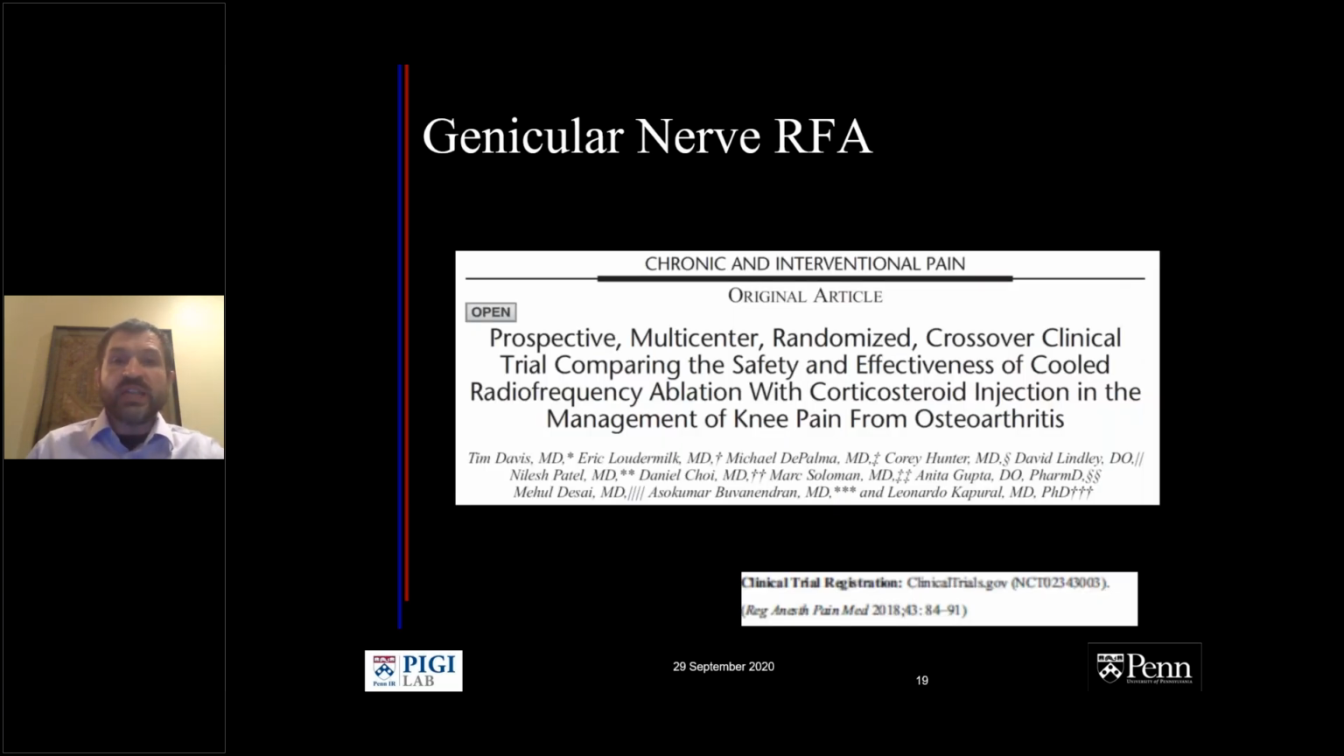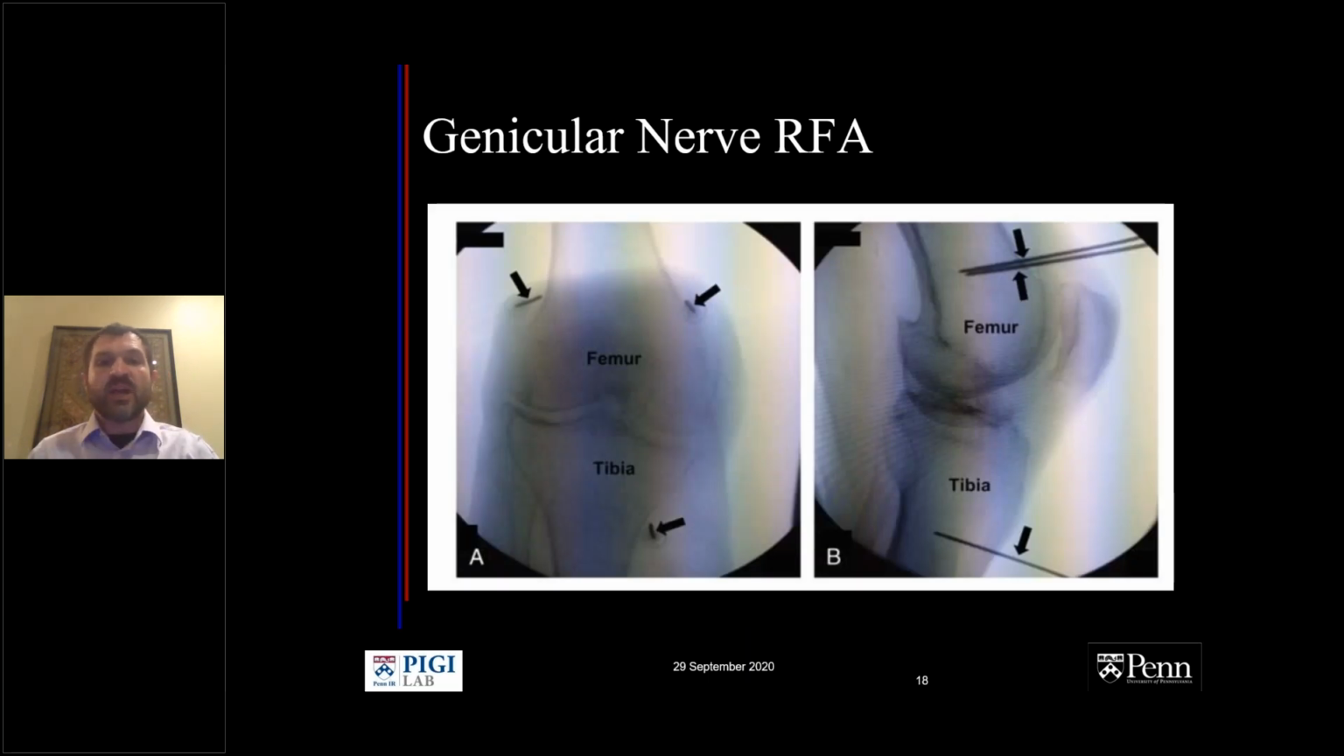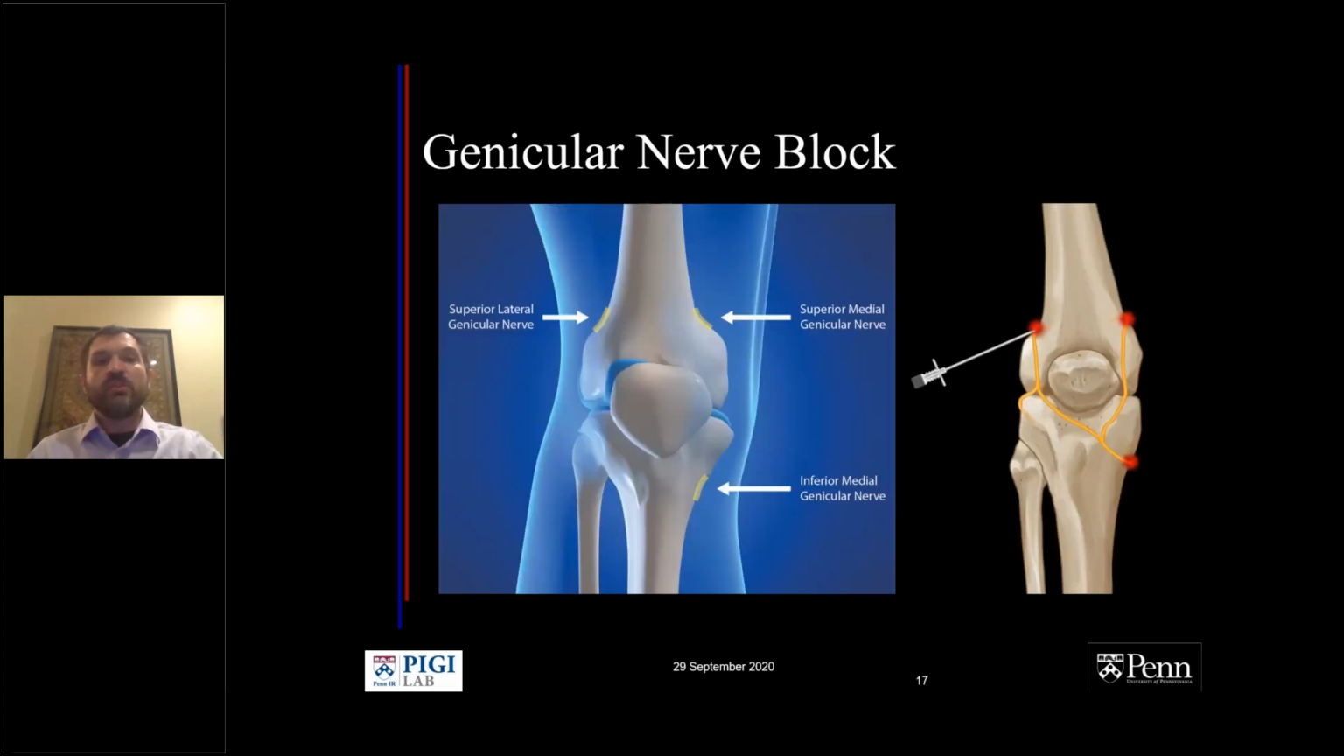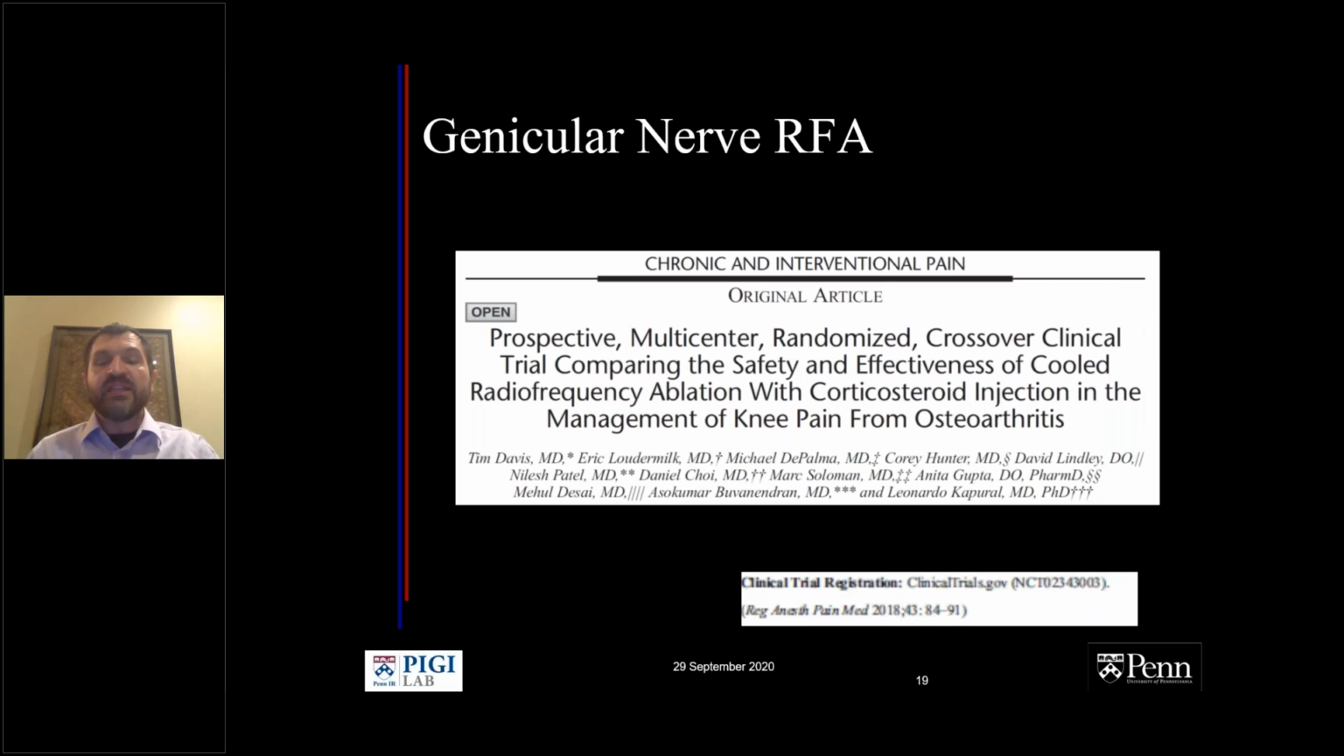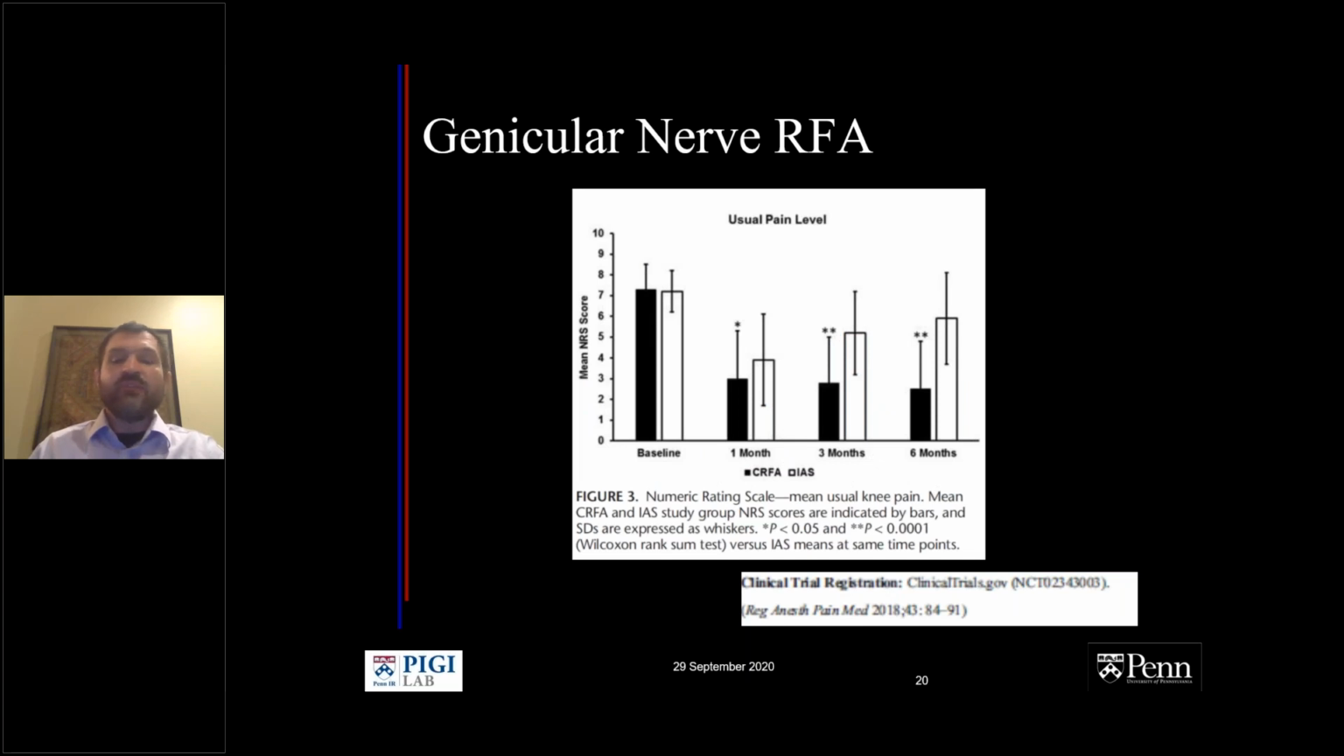But here you go. Here's a recent article looking at this procedure specifically of RFA, and comparing it to our standard of care, which is corticosteroid injection of the joint itself. And so this is looking at genicular nerve RFA. Again, they targeted those 3 sites that we talked about, which are the superior lateral genicular nerve, the superior medial genicular nerve, the inferior medial genicular nerve. So they targeted those, and they did the ablation. And this was a multi-center prospective randomized trial using that. And what they found